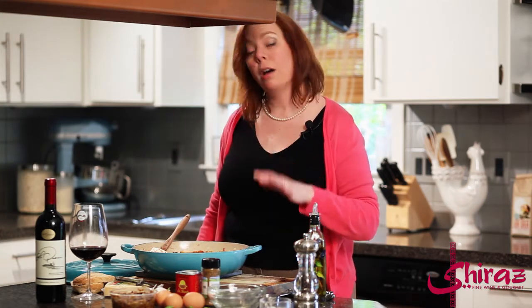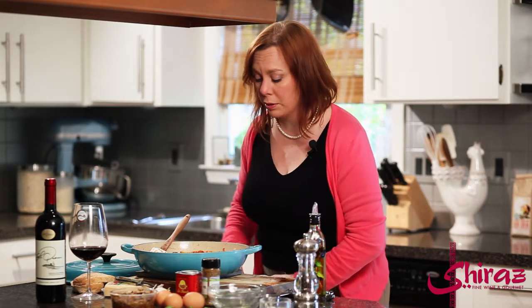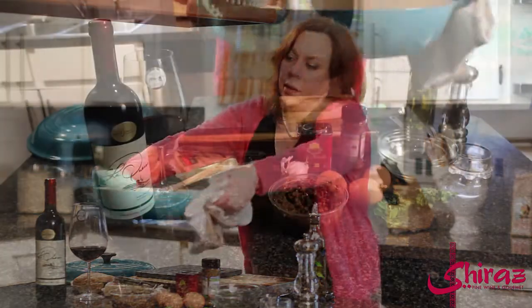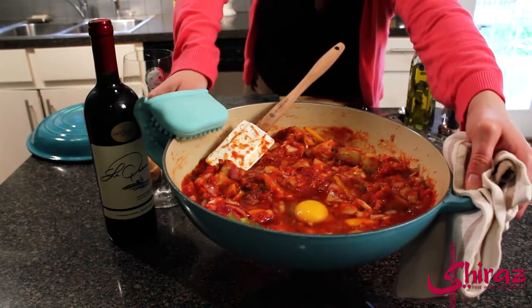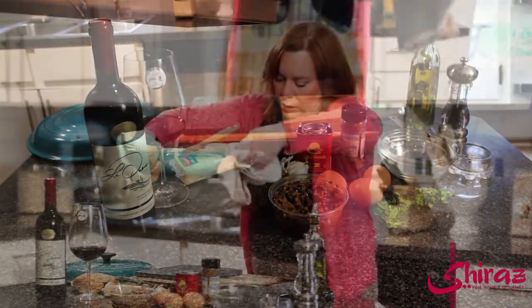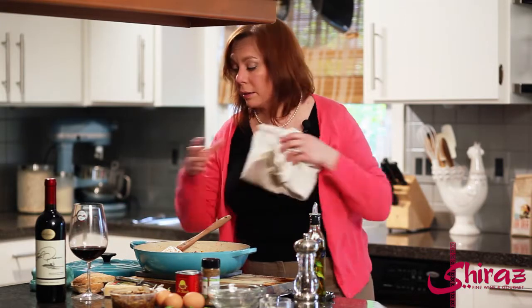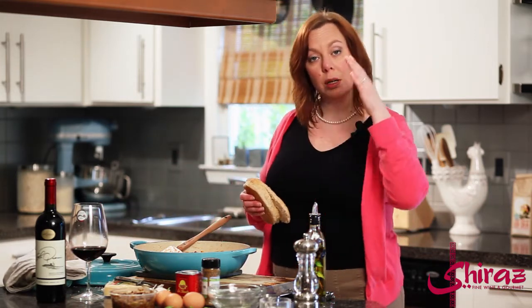I'm going to do this with all 4 eggs, and I'm just going to show you what this is going to look like. So you can see there, I've just made a little indentation and put my eggs in. So we're going to put 4 eggs in, and we're going to put it in the oven, and all it takes is 8 minutes. In the second half of that, I'm going to put French bread,